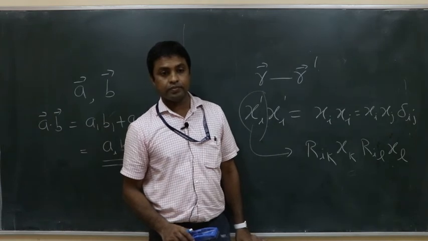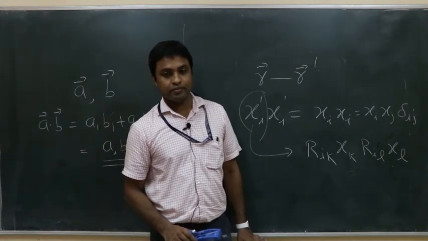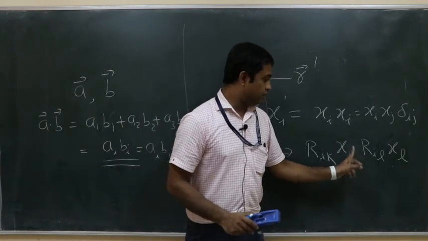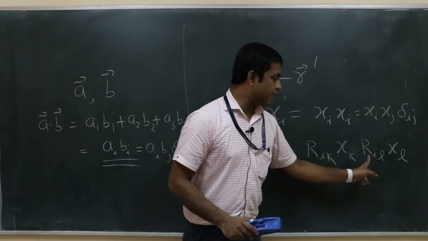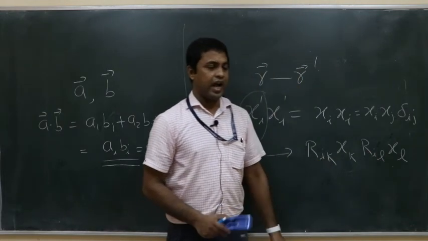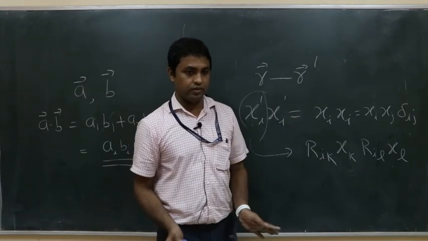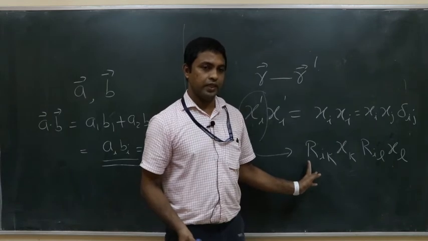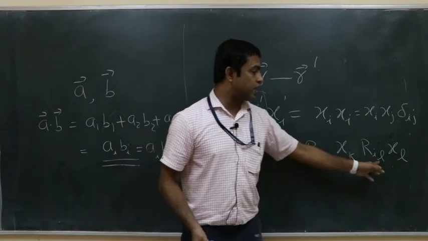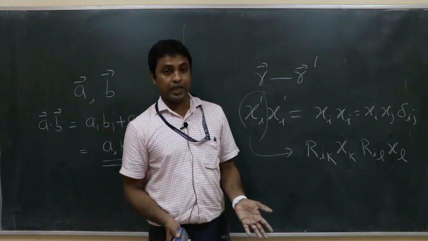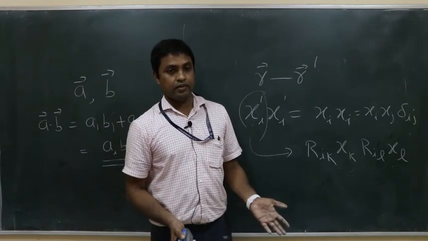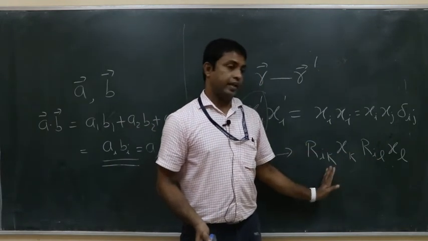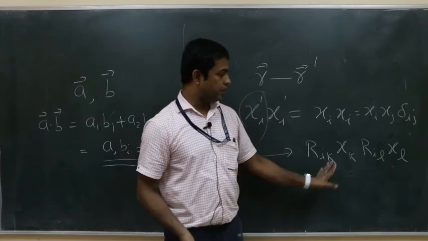No, sir. That is very important. I should not write that. The second one is Rik xk. I can write any other index in the world, because you already used a K index here, which is already summed over. If you use K, the K will be appearing 4 times. That is wrong. K is already used, so you can use any other index other than K. Even I can use j, no problem. But K you should not use.